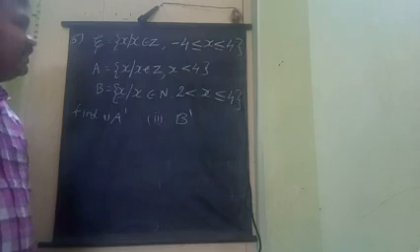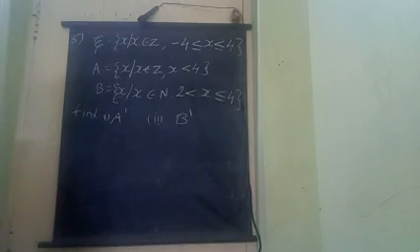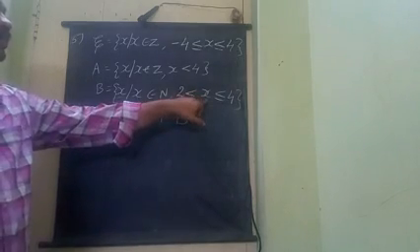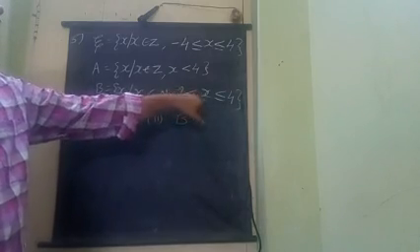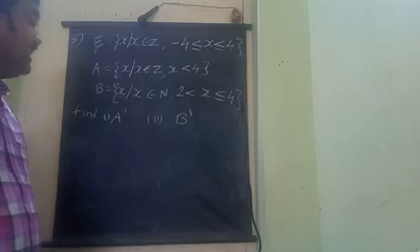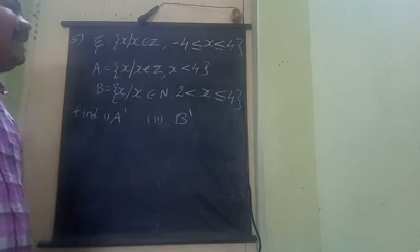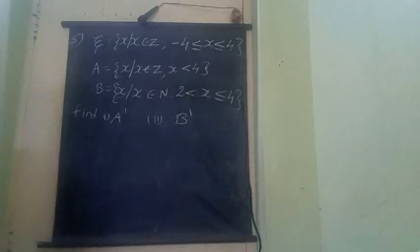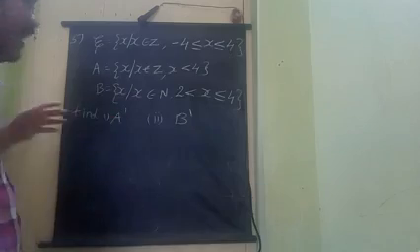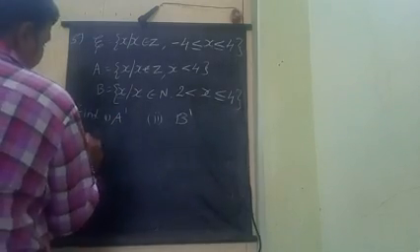B is equal to X such that X belongs to natural numbers. This also: 2 is less than X less than or equal to 4. Don't read it like that. X is greater than 2 and less than or equal to 4. Here what we have to find is A complement and the second one is B complement. Before doing any sum, we compulsorily have to do the roster form. Without roster form, we cannot do any sum. First change these sums to roster form. I am writing the roster form first.